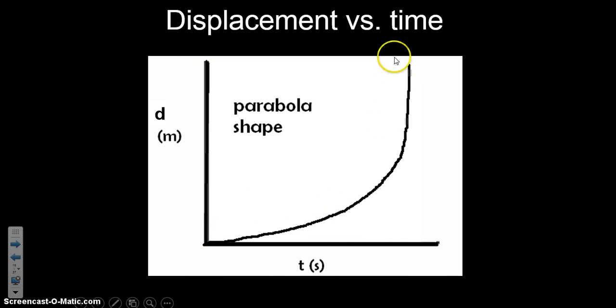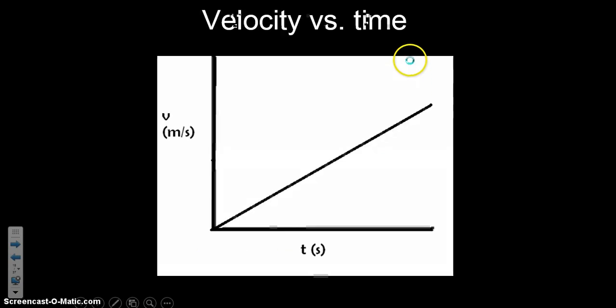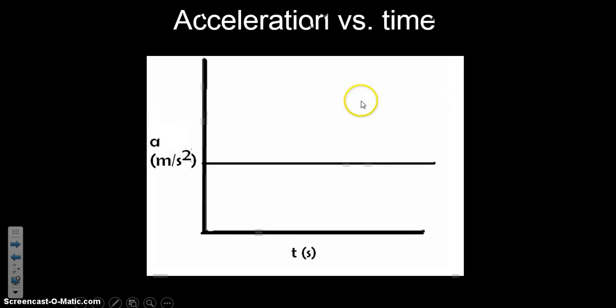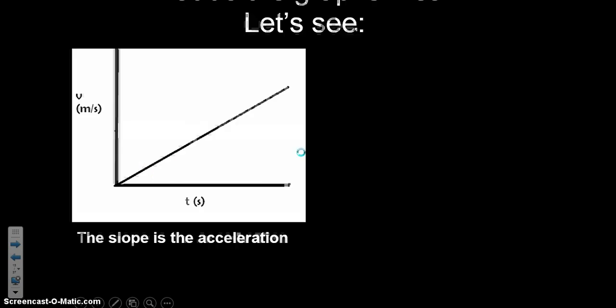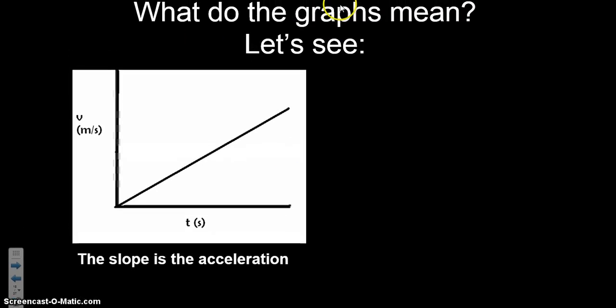Just to reiterate, one graph at a time, this curve means that we get more progress for every unit time, so velocity is actually going up. Because velocity is changing, now we do have a non-zero acceleration. And every time we look at a graph, I want you looking at that y-axis to see what's evaluated here. So what do the graphs mean exactly?